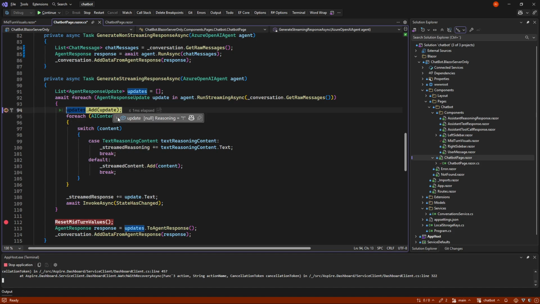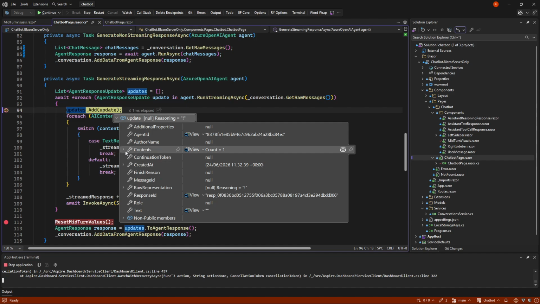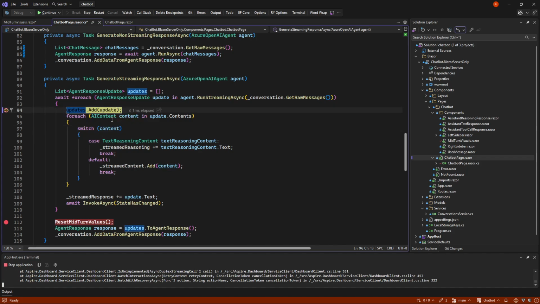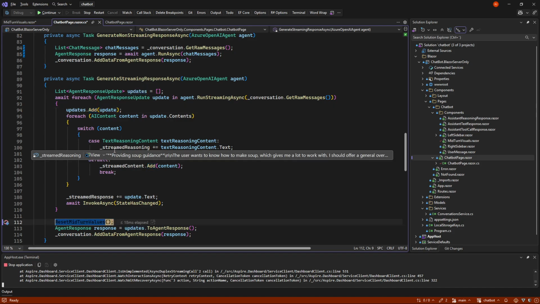And for each of these updates, there can be content. In this case, there's a reasoning content that is a question mark. So both the object and the real text and the reasoning are streaming in at the same time if it's possible for it to do that. And again, this happens probably several thousand times as well. But once it's done